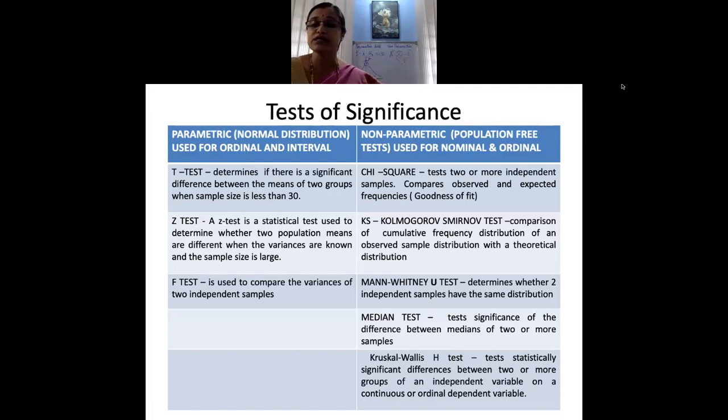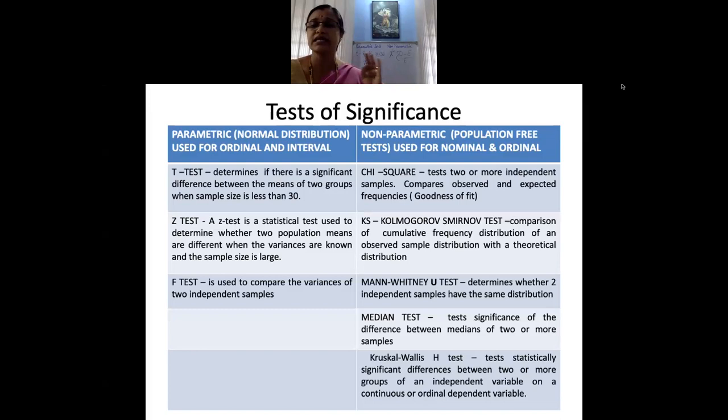If you are testing your hypothesis mainly for ordinal data, what do you mean by ordinal data? Ranking. If you remember, ordinal data or interval data, like how we discussed yesterday, the intervals, mainly the Likert scale. I told you there are 5-point scales, or you can use a 7-point scale, or you have class intervals. These are all called interval data. Now, if you're having interval data or ordinal data, you have to use parametric tests.